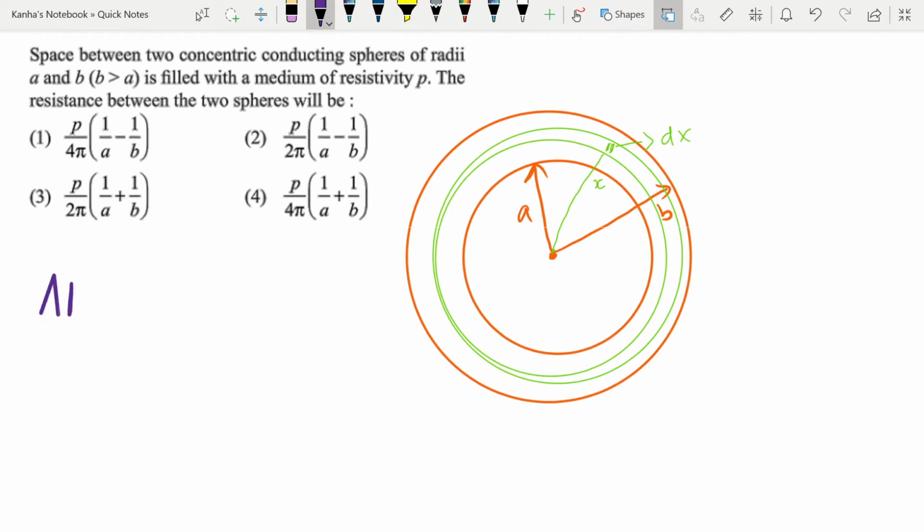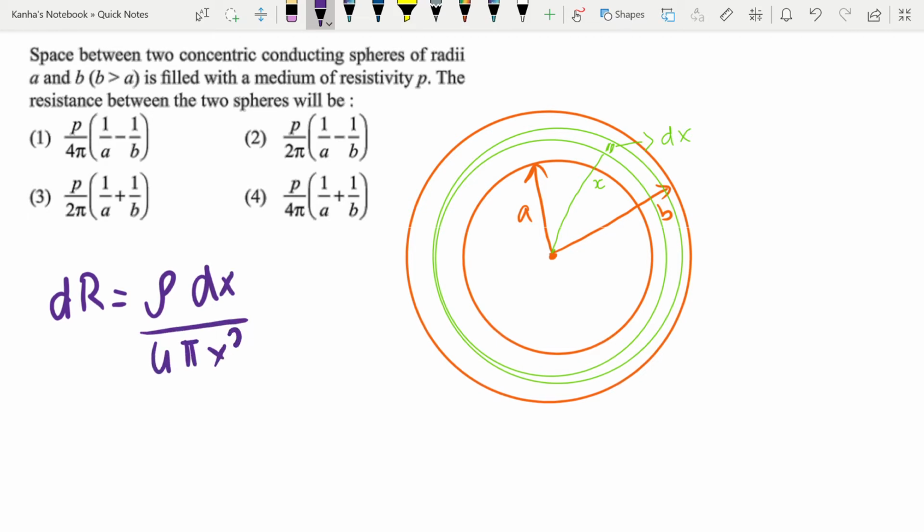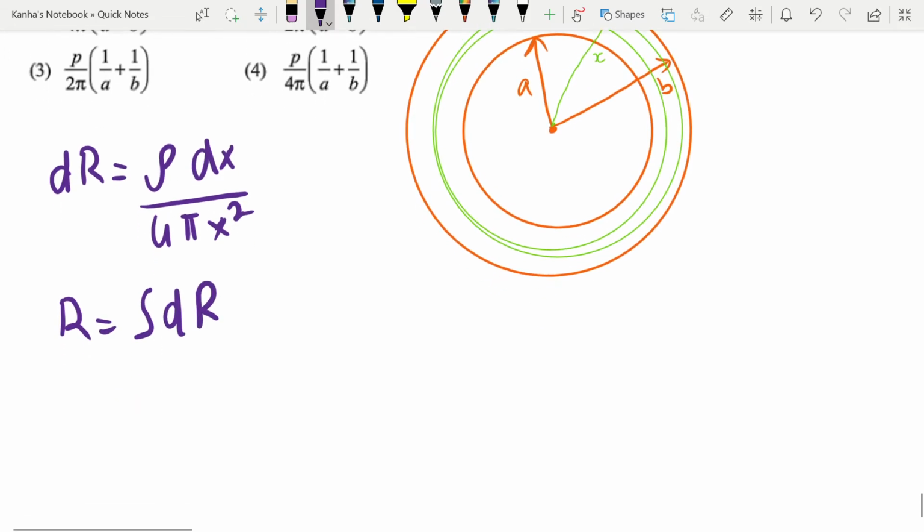dR. Sorry, I have my dR is equal to rho into dx divided by 4 pi x square. Okay, this is given. Now to find the total resistance, I have to integrate my elemental resistance dR over the entire